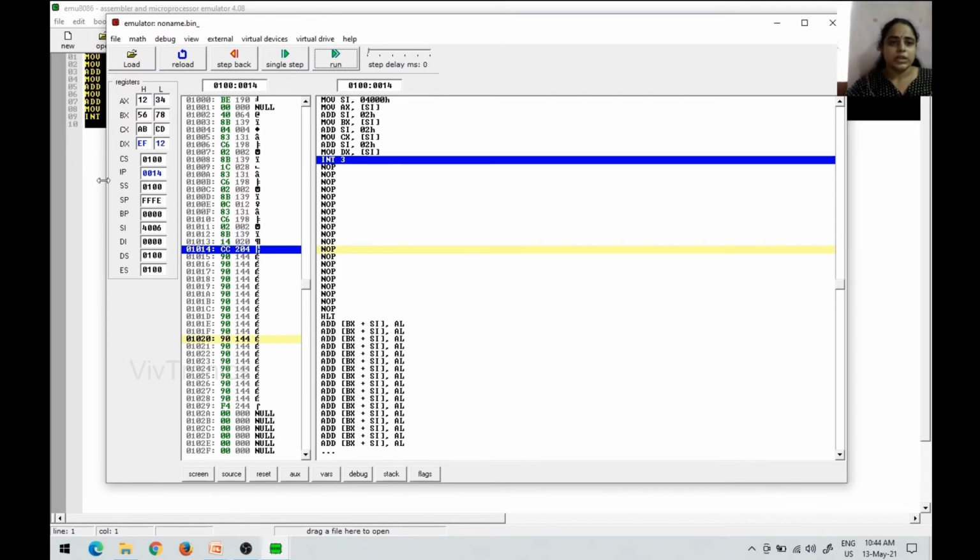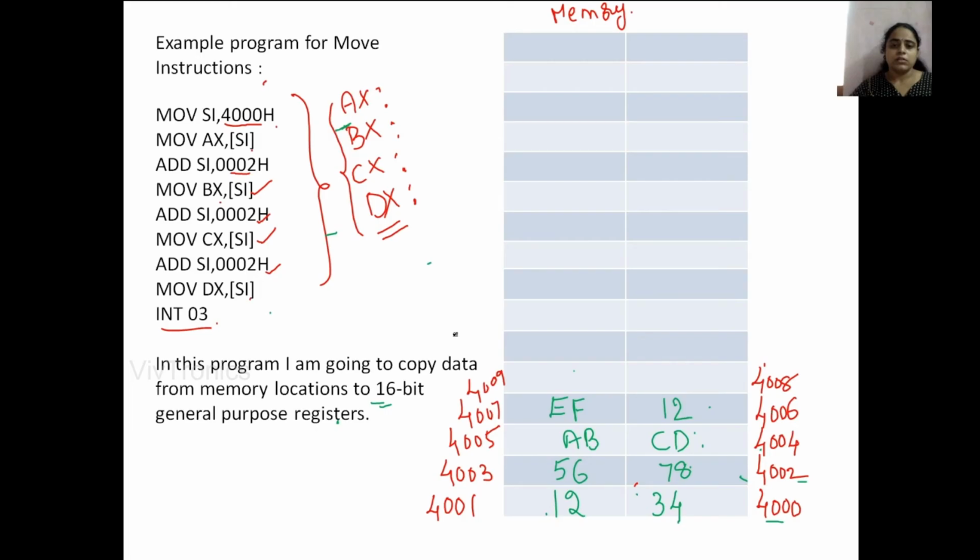Okay, I hope you understand this one. So now let us get back into our previous one. So in this way the data will be copied to those registers. In AX, after execution of the program, as you have seen on the screen, it is 1, 2, 3, 4. In BX it is copied as 5, 6, 7, 8. CX is copied as ABCD. DX is copied as EF12. Okay, so in this way you can move data from memory locations to registers. I have explained this with the help of the software emulator 8086. You can download it from Google also.